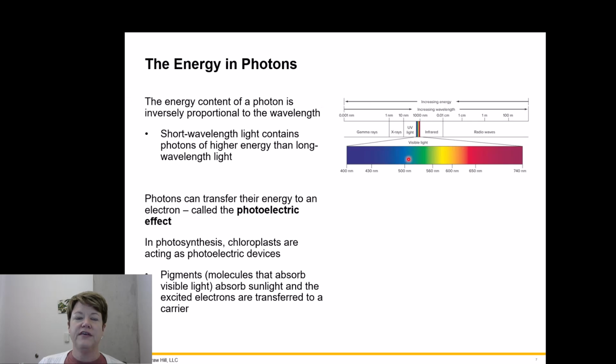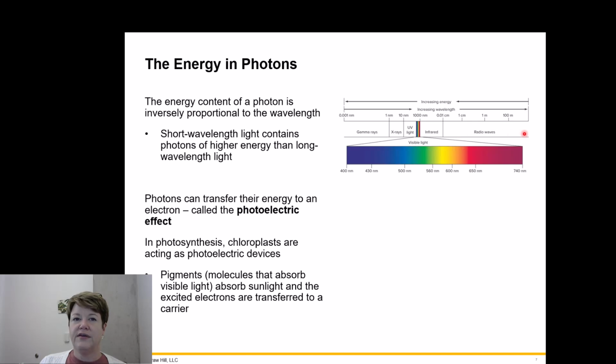Okay, so in this diagram, here's the entire electromagnetic spectrum, all the different waves that are around you all the time. Gamma rays, X-rays, UV. And then right here in this little section, there's the visible light waves. And your eye detects them as color, so they've depicted that as color. And then